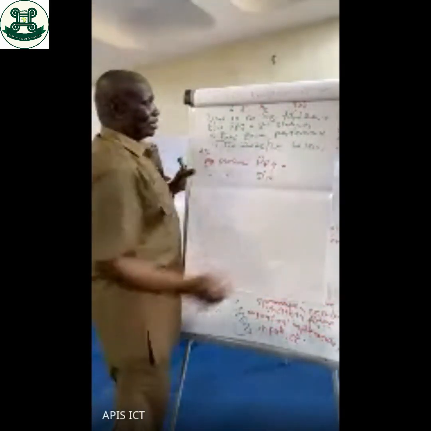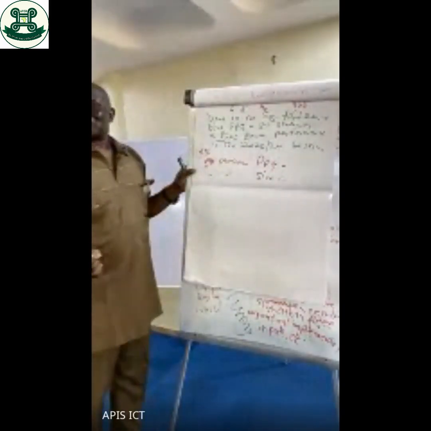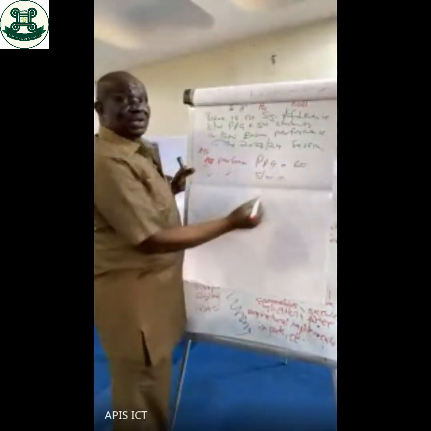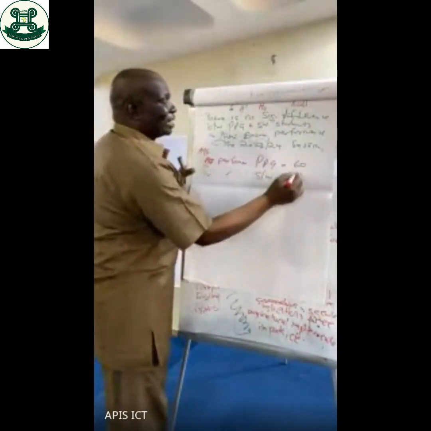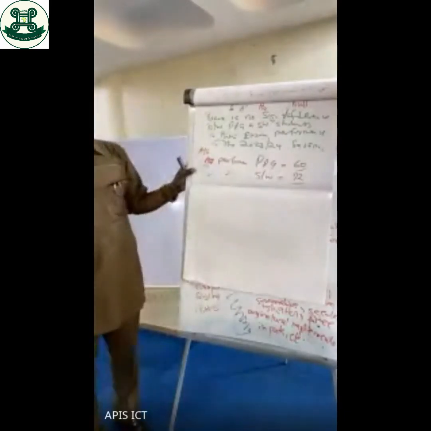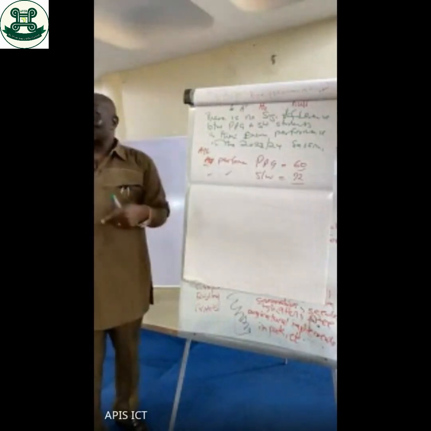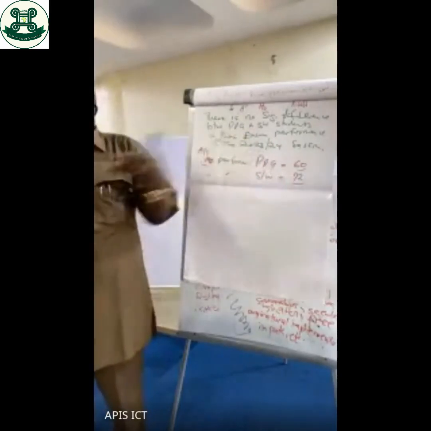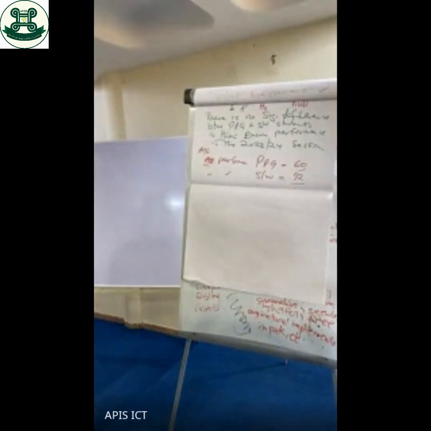So average performance, assuming the average performance here is 60, and the average performance here is 72. Now let's agree that this is mean performance. I want to know whether the relationship means that if there is any difference, is it big enough that we can take any position on it.